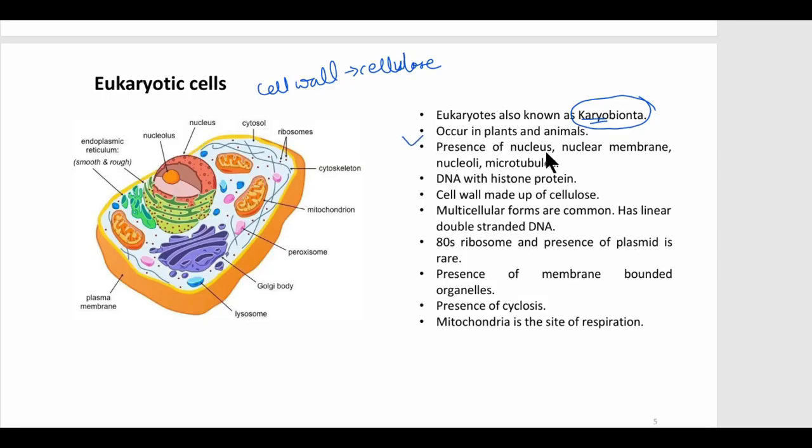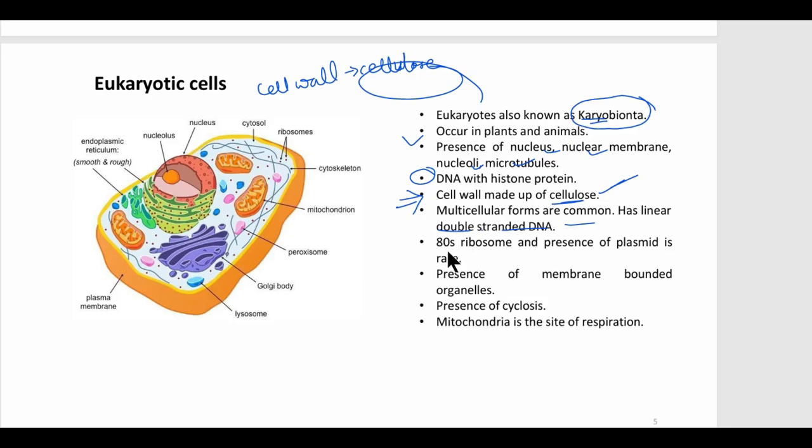There is the presence of nucleus, nuclear membrane, nucleoli, microtubules. The DNA is with the histone protein. Likewise, the cell wall is made up of cellulose. I have already mentioned it. In case of prokaryotes, it was made up of murein or peptidoglycan. Multicellular forms are common. It has linear double-stranded DNA